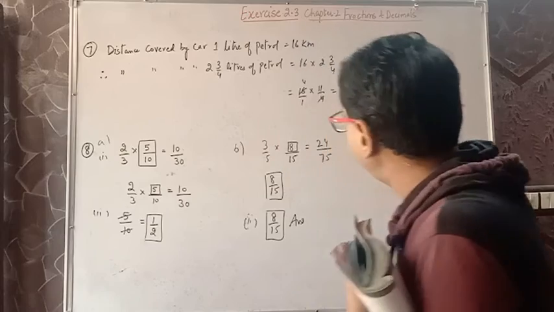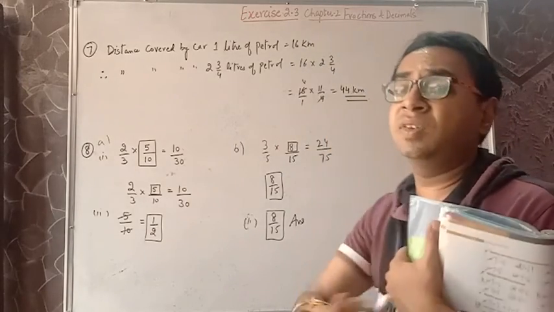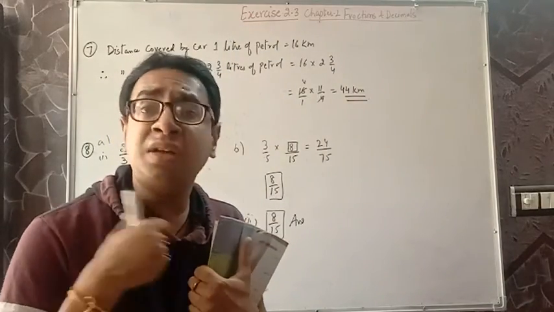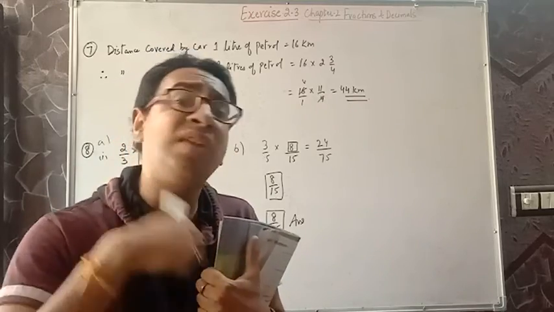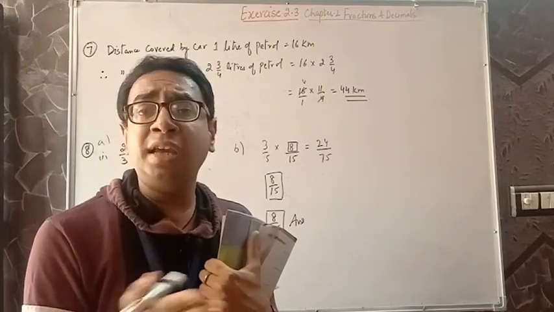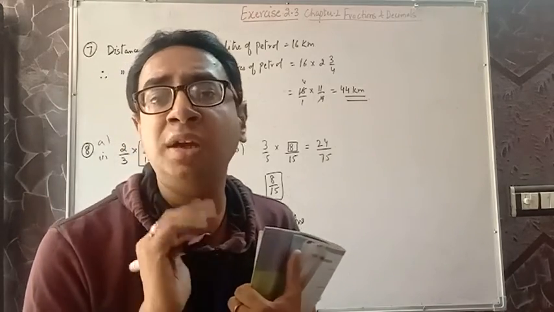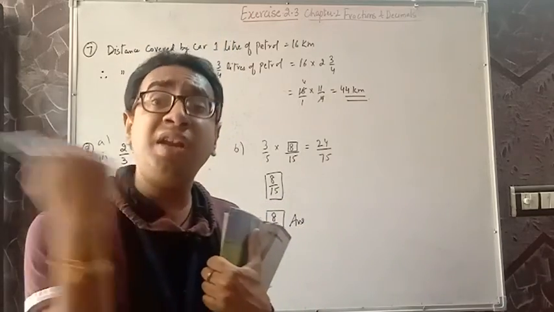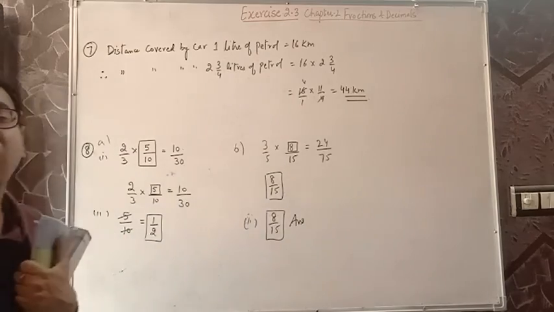That is why I am feeling very easy and very fast with this, because multiplication is very easy as compared to addition and subtraction, where we have to see like terms, unlike terms. If unlike terms, we have to convert them to like terms by taking LCM, then we will add. But in case of multiplication, like, unlike, it doesn't matter. Multiply numerator with numerator, denominator with denominator, that is your answer. That is why I am very confident and I am having faster speed in this exercise during multiplication.